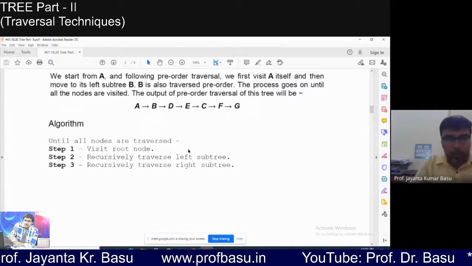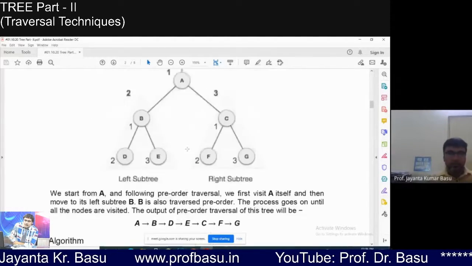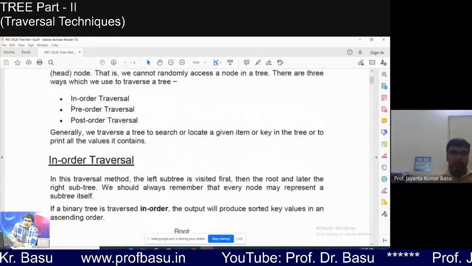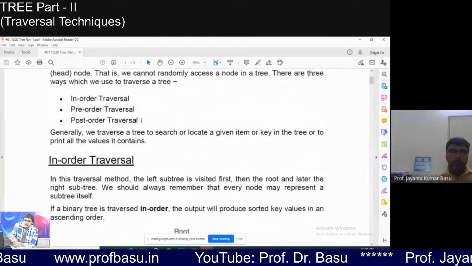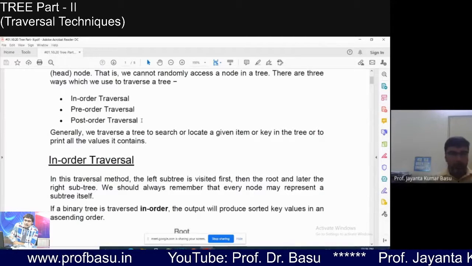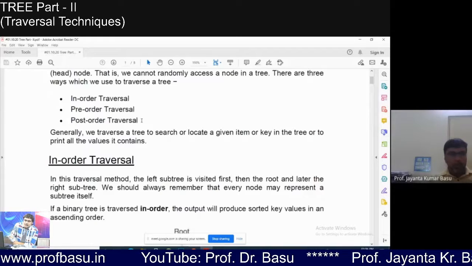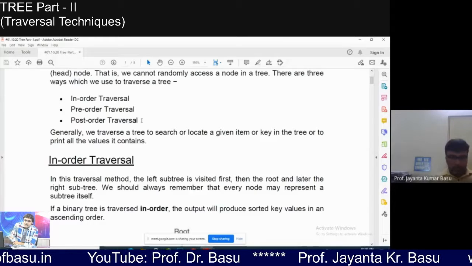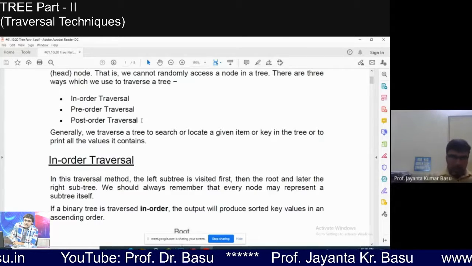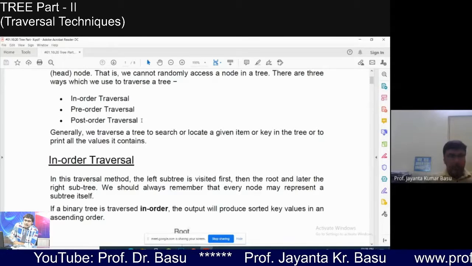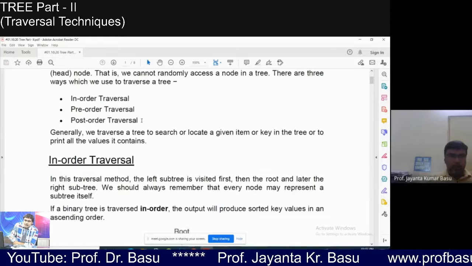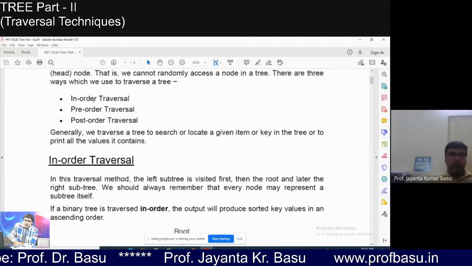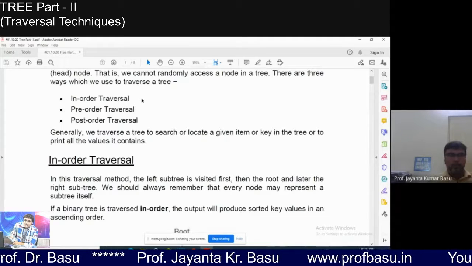So this is the algorithm. You can see that. Let me first cover traversal: in-order traversal, pre-order traversal, and post-order traversal. I also told you that in any binary tree we have three types of traversal technique. Okay. How you will traverse the entire tree. Since it is a non-linear data structure, the traversing will not be linear, it will be non-linear. So there are three types of traversal technique available: in-order, pre-order, and post-order traversal.